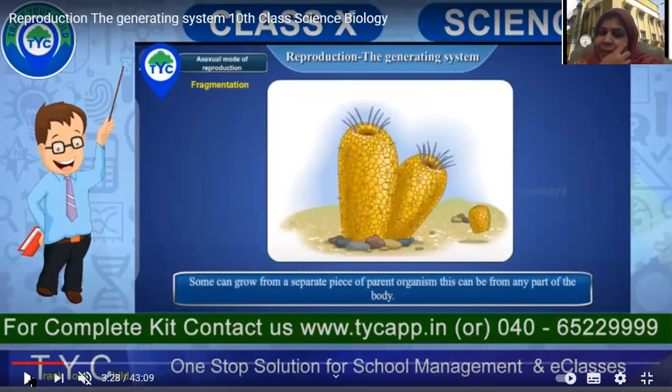And what happens in fragmentation? So in fragmentation we see that a small plant is formed. So how many types have we seen by now? In paramecium you have seen that the body splits through a single parent, and then it divides and forms daughter parameciums. And then you have seen how it happens in budding, through mitosis and the mitotic divisions.